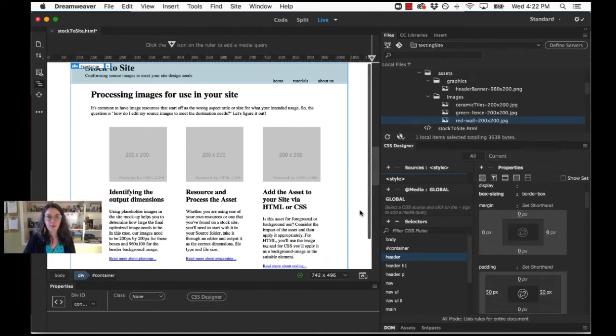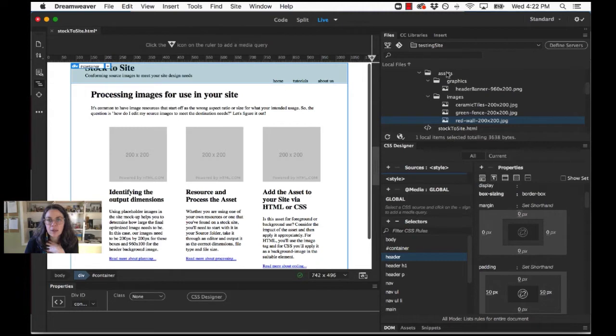Okay, so we are back and we are ready to take the images and assets that we have exported out of Photoshop and Illustrator using the Save for Web dialog box, and we are going to bring those into our website now. When we save them out of those programs, we move them from the source folder and then into the root folder. And so now they are here in the root folder and we can see them in the